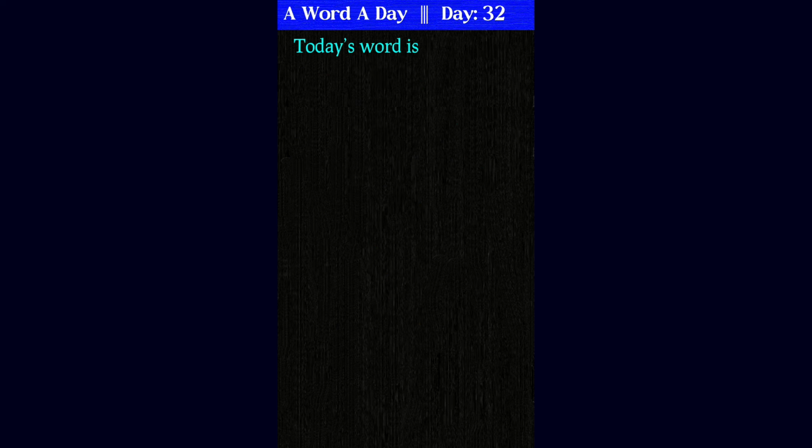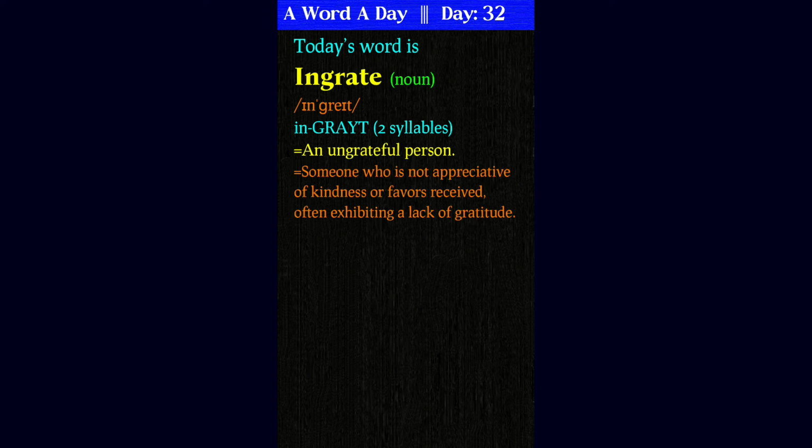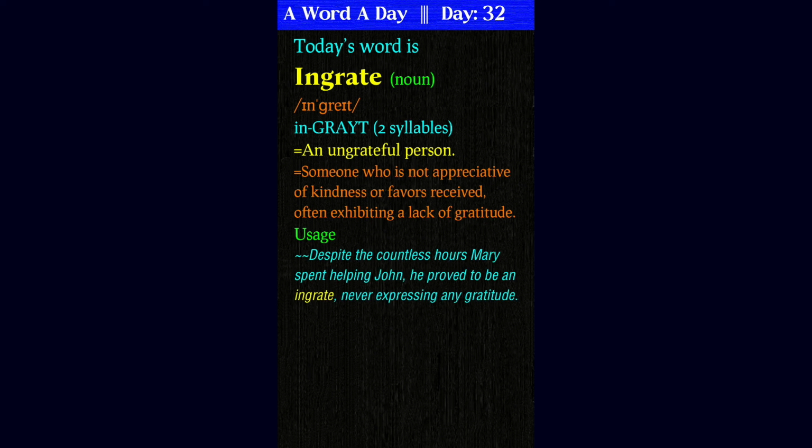Day 32. Today's word is ingrate. Ingrate. 2 syllables. Ingrate is a noun. Ingrate means an ungrateful person, or someone who is not appreciative of kindness or favors received, often exhibiting a lack of gratitude. Usage. Despite the countless hours Mary spent helping John, he proved to be an ingrate, never expressing any